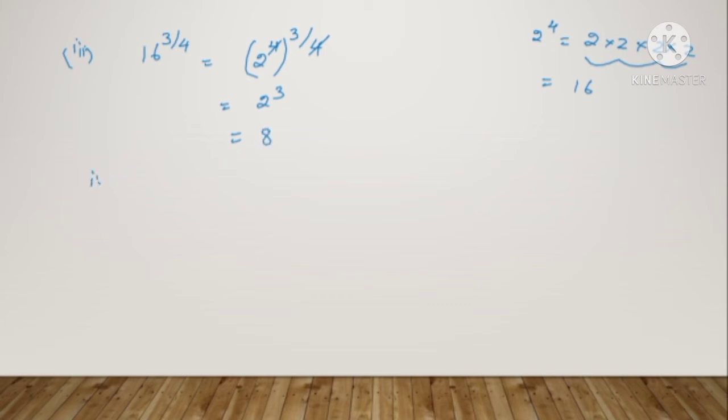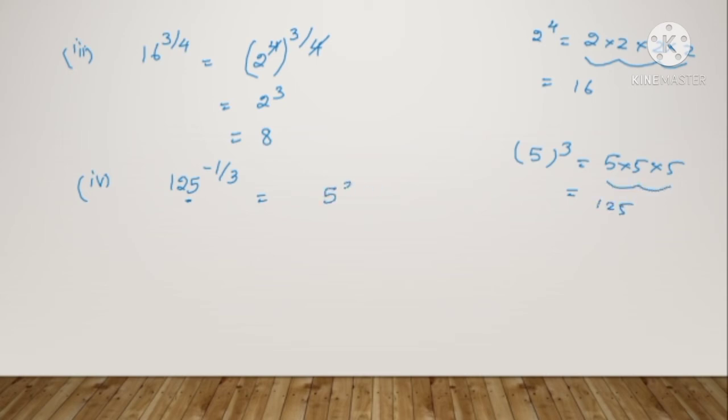Now fourth subdivision, 125 to the power minus 1 by 3. We can write 125 as 5 cube, isn't it? Look at the denominator, it is 3. So the number will be something to the power 3. Let us choose 5 cube because 125 ends with 5. What is 5 cube? 5 into 5 into 5. 5 5s are 25, 25 into 5 is 125.